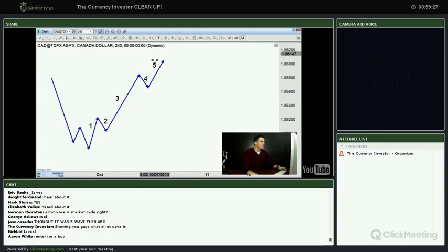Then we tend to see an ABCD move down, something like this. I'm just drawing this in. So this would be A, B, C, and it would look something like this. This is the general